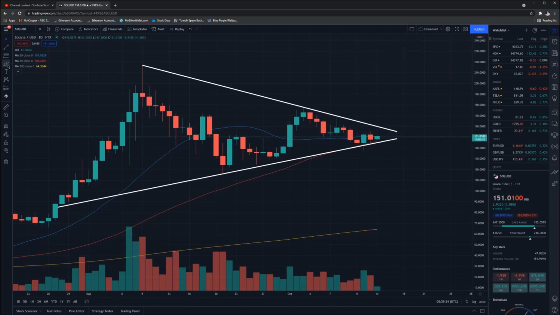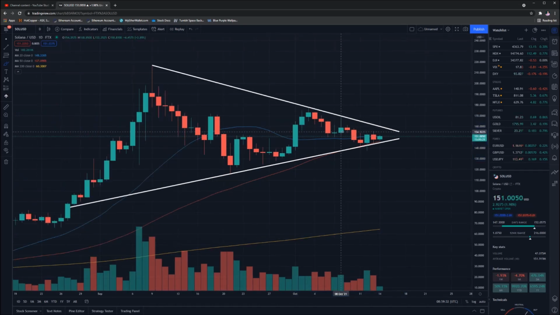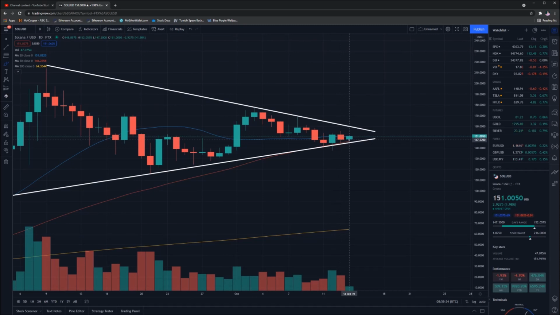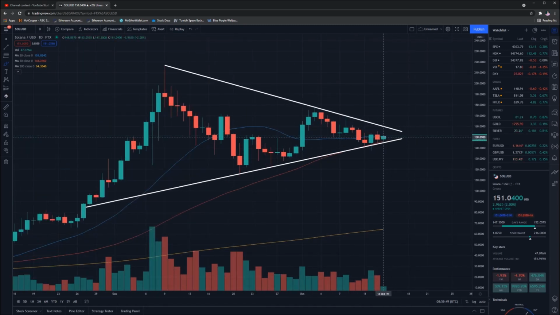Given the shape of this pattern though, and exactly what's been happening over the past week or two, we've seen a bit of coiling action, a bit of consolidation. So I'd say my best bet is this 50-day moving average is now acting as a point of support for us. And this 20-day moving average looks like it's now almost acting as a point of resistance for us. And today's candle is wedged right in between both of those points, and it's waiting to break either upwards or